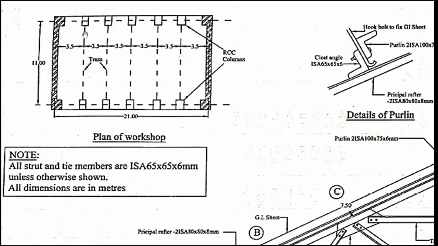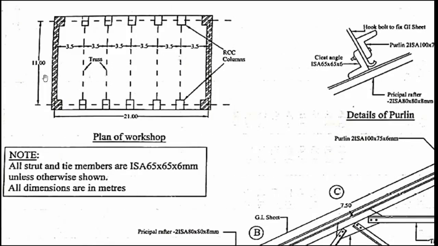Next, here you can see the dotted line what they have shown. This is the truss. So if you count the truss, we have 1, 2, 3, 4, 5. Therefore we have 5 trusses now. For these 5 trusses, we are going to calculate the quantity of steel as well as the painting quantities and other items that we have.